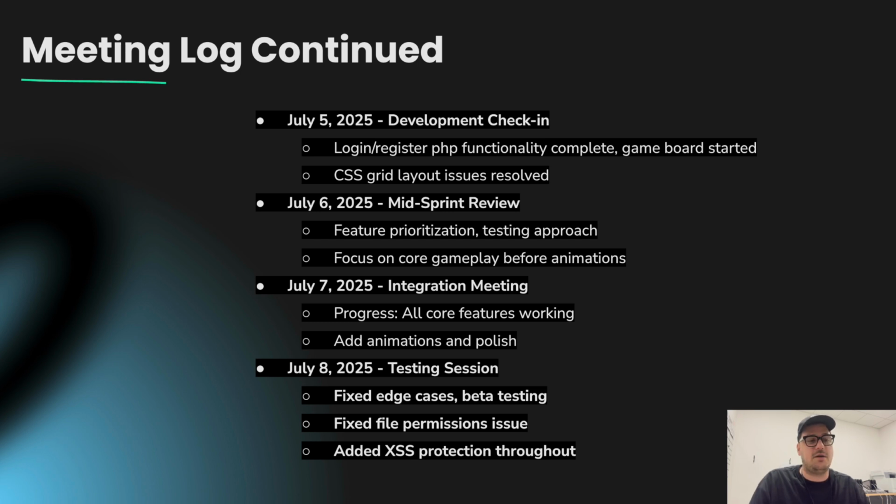July 6th was our mid-sprint review, so we looked at the feature prioritization, like what do we really need and want based on how we can get things working, but also follow the prompt that we were given on this assignment. We wanted to make sure we had random questions, not just the same fixed questions that weren't static. We also worked on our testing to try to find edge cases, try to break the program, see what would work, what wouldn't work. We focused on the core gameplay before the animations,